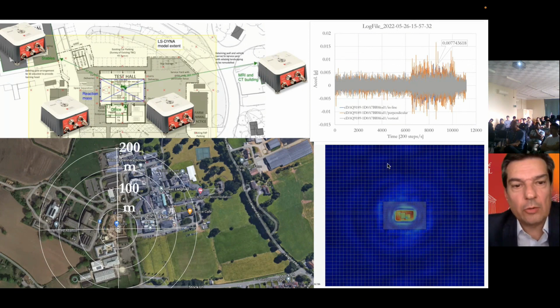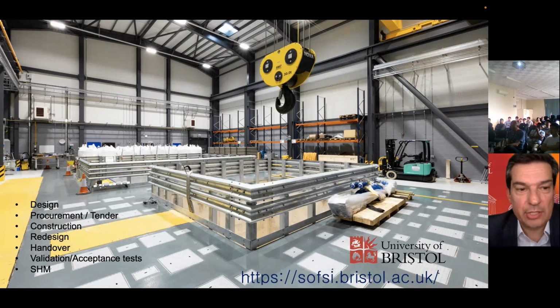So I tried to give you an overview of how we started from scratch and where we actually ended up. I'm very happy to take any questions. The purpose was just to tell you that something starts with a vision, in this case it was Colin's vision, to apply for something like this. Then it was designed, procurement and tender followed, it was constructed, it had to be redesigned a couple of times, it was handed over, we had to validate and accept all the equipment, do structural monitoring, and ultimately now we are running this facility, hoping that we'll have the chance and the pleasure to work with you collectively or individually